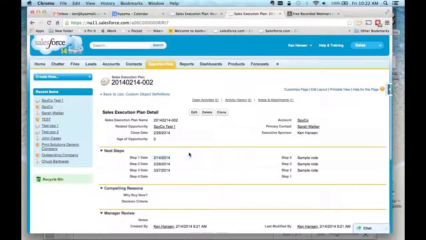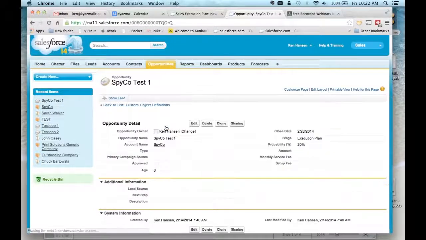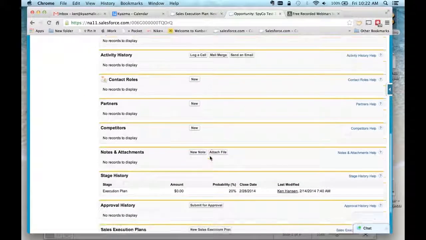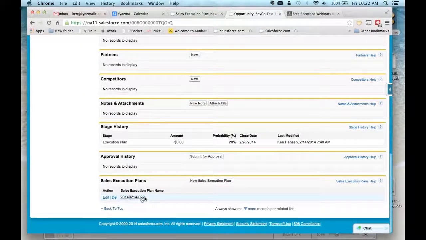This is where a manager can go in and review the status, look at the steps that are happening, look at the decision criteria, and offer some feedback. Or maybe the manager has gone on a ride along, and they've been in a sales call with the sales rep. They can offer feedback there. Then you hit save,